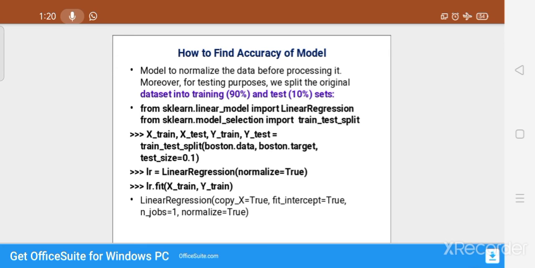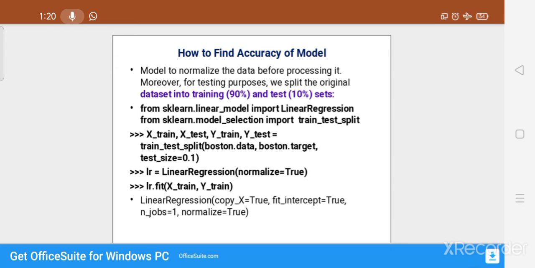Now LR equals LinearRegression with normalize equals true that we are applying. Here LR.fit, we are fitting x_train and y_train to that particular linear regression formula. That formula works in the background of Python, because linear regression is a function available in Python.